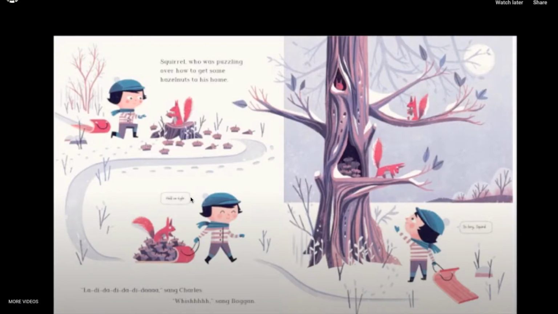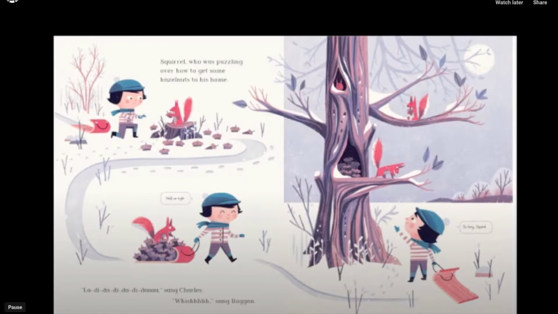So here you can see that Charles helped the squirrel to take his nuts to his tree. So this might remind you of a time when you helped a friend take something to his house for him, or just did a favor for a friend who really needed your help. And that would be a text to world connection, because it'd be something that you remembered about sharing with a friend, or helping a friend out.